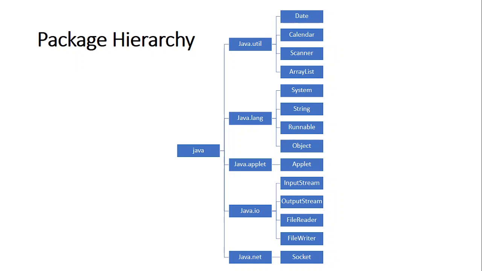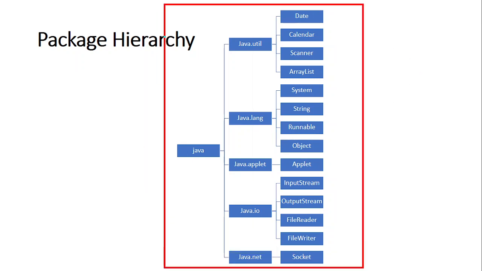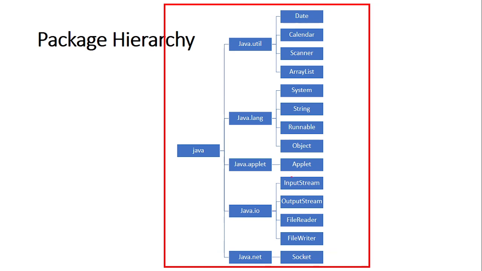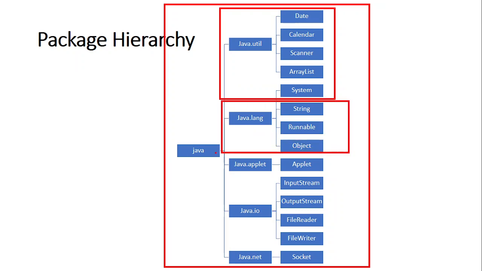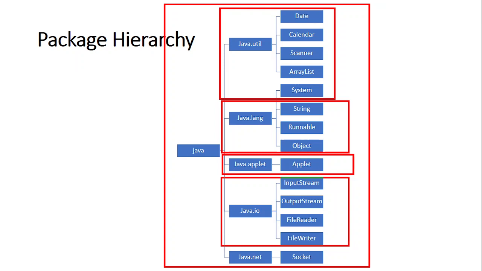Remember, this is a very big package. So Java is a very big package. Inside this, you have one other package called java.util. Java.lang is one other package. Java.awt. Remember, there are many classes. I can't show you all the classes. There will be thousands of classes. Similarly, java.io. IO stands for input output. So reading and writing, like reading from a file, writing to a file, and so on. Java.net. Suppose you want to write a socket, that is a network related application,